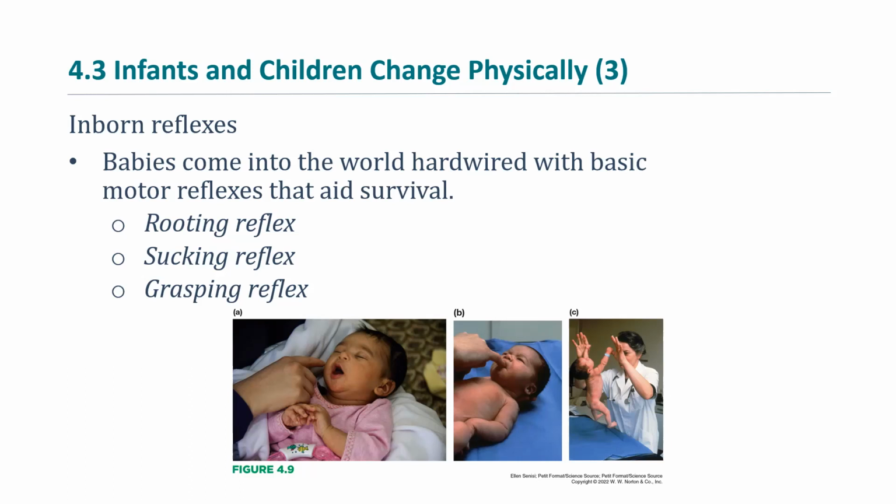This grasping reflex, some believe it comes from our prehistoric ancestors when young primates had to cling to their mothers' backs. So they would grasp tightly. Once again, they can hold themselves up while the mother primate was climbing a tree or running through the forest or whatever, swinging through the branches. I don't know. But you can see all of these have survival purposes to them. These are the three that we're covering